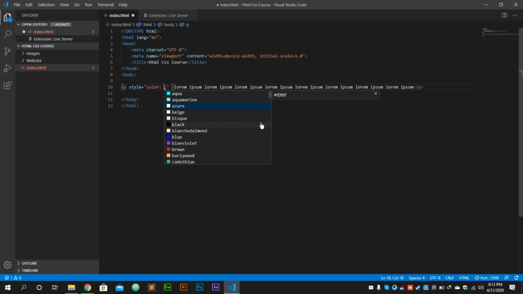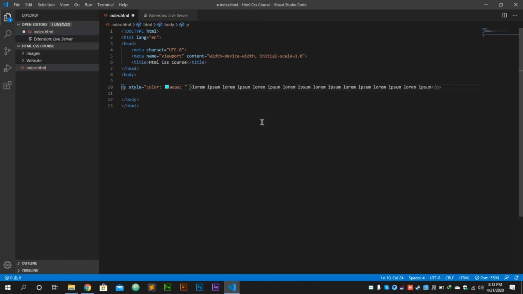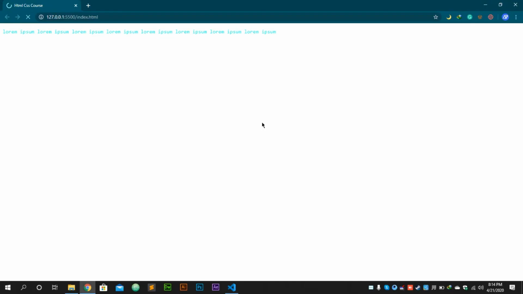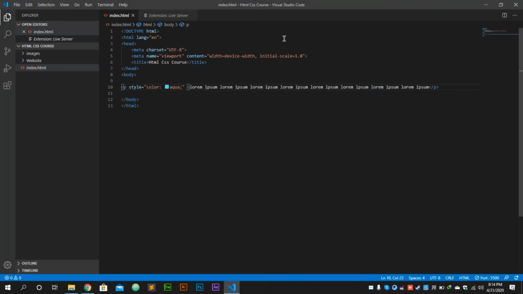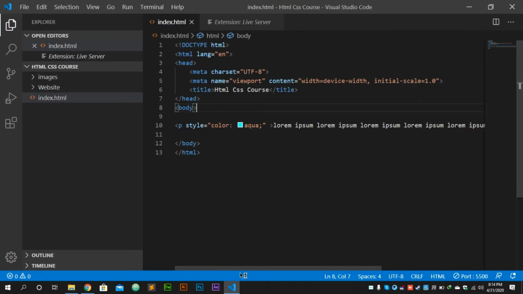There we have a lot of choice of colors. I am using aqua first. Then there is a colon. When you write CSS, you must add a colon, and when you write another CSS property after one property, you have to add a semicolon. I will show you later. It is not showing properly, so first I will zoom it for you so you can see our code properly.